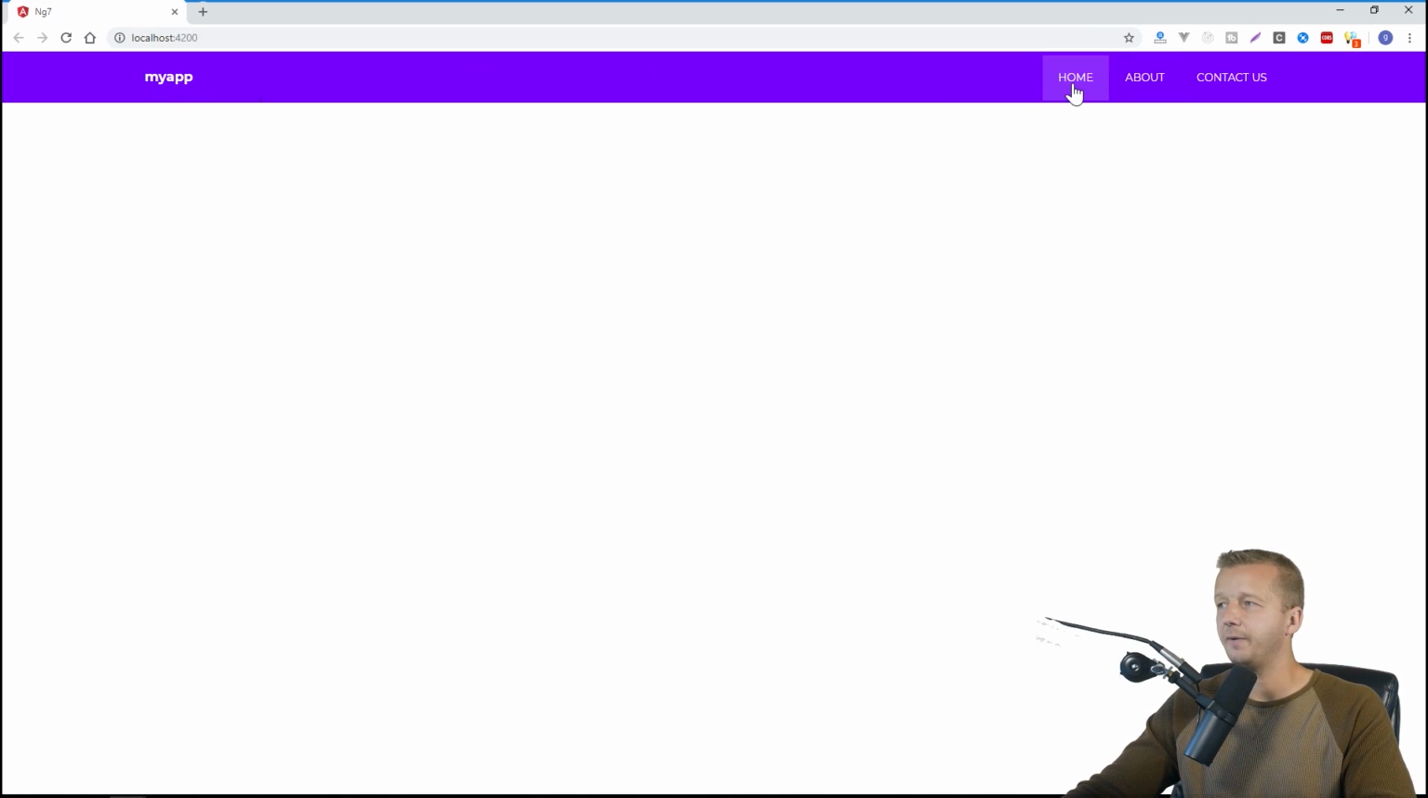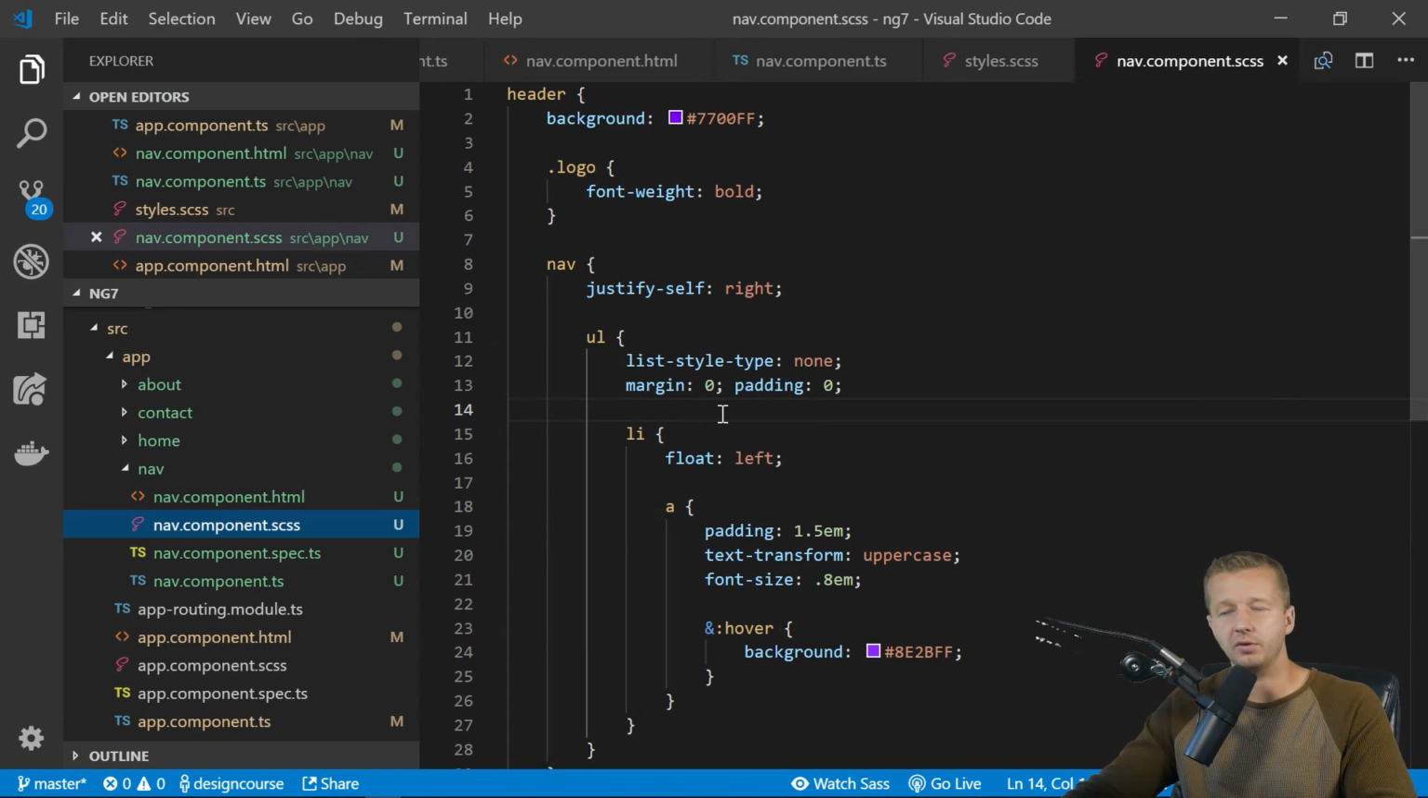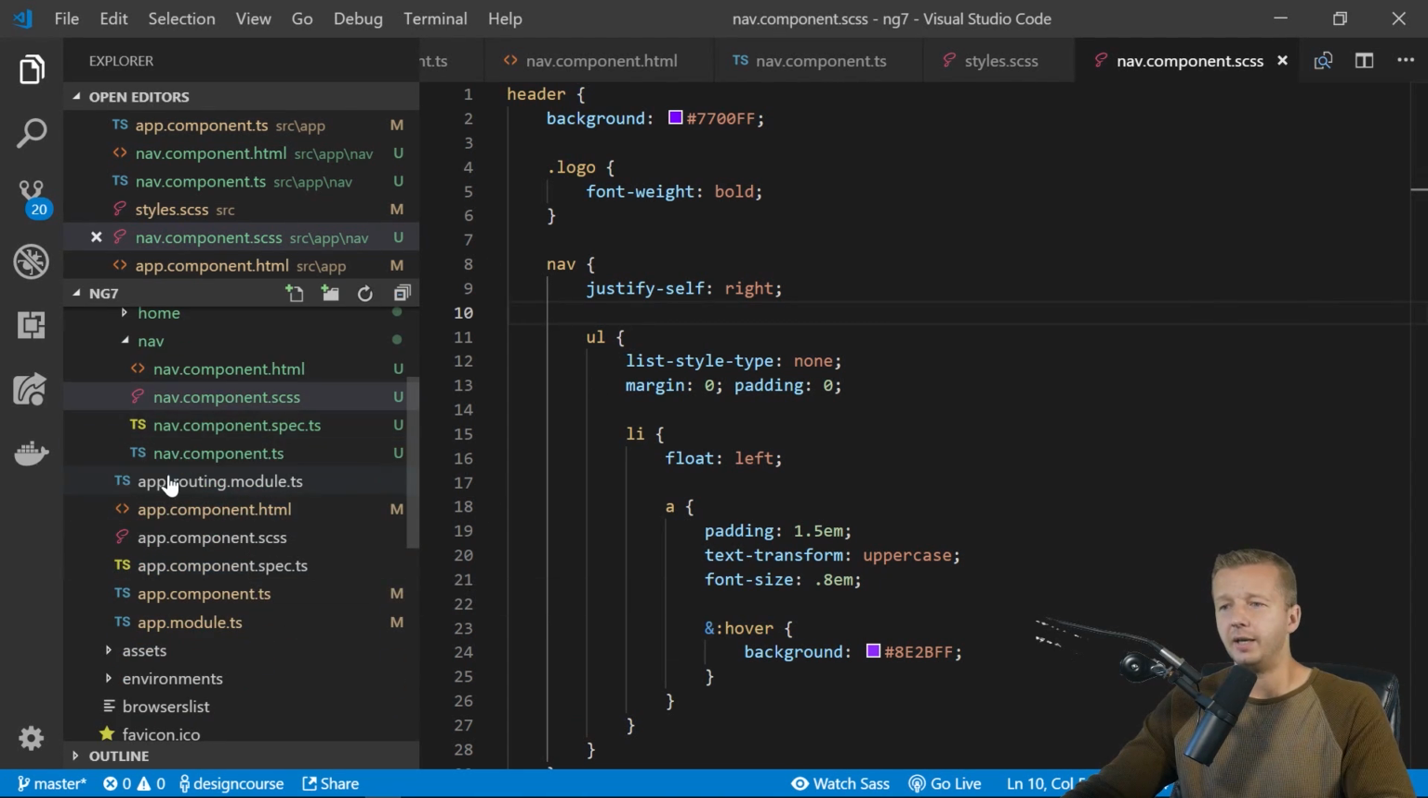So currently, none of these work. Even though we have the router link pointing to a direction, we haven't done the setup work to get the routing actually working. So let's talk about that. Now that we have our navigation, let's open up the app routing file. When we started this project with the Angular command line interface, after we issued the ng new command, it asked us if we wanted to have the router added to this project. And because we said yes, it adds this file right here,